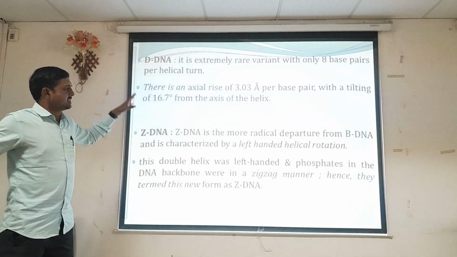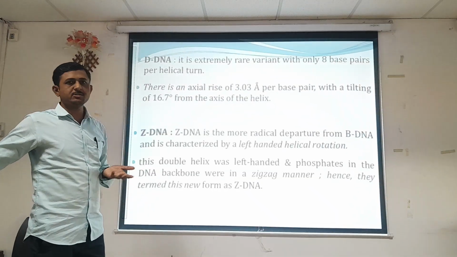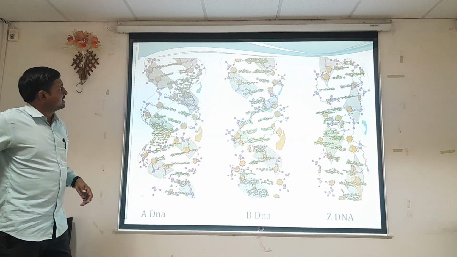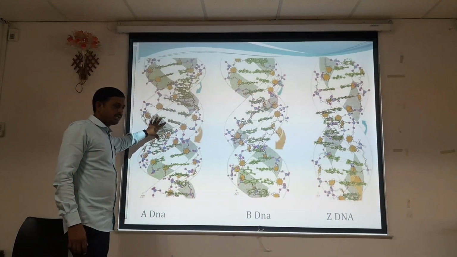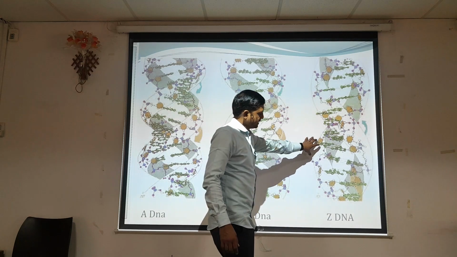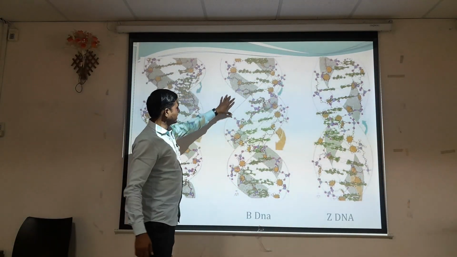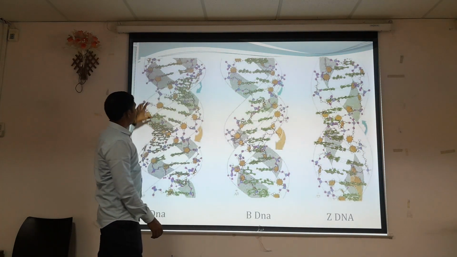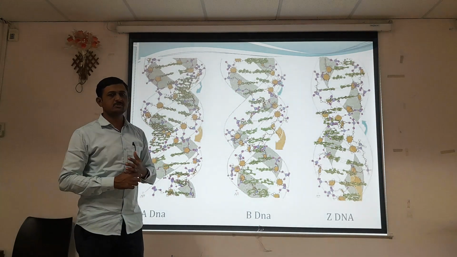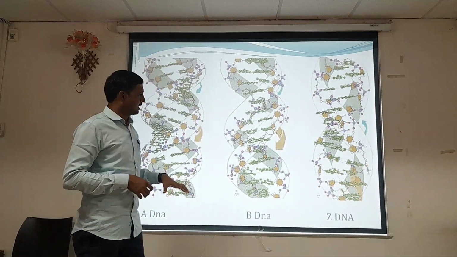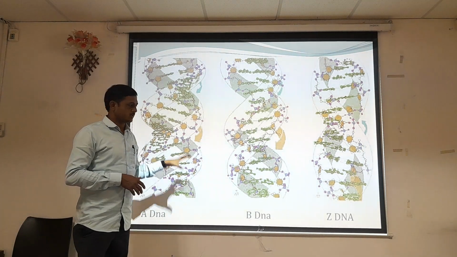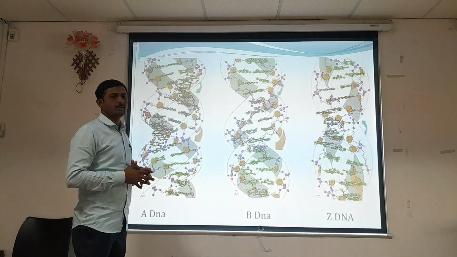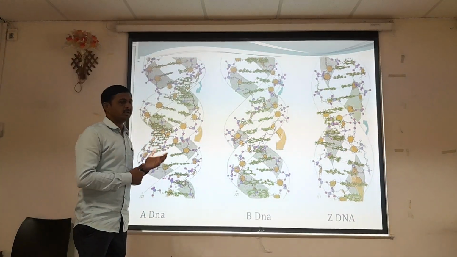So these are the basic properties of the different A, B, Z, C and D forms of DNA. In the diagram you can see the B form of DNA and the Z form of DNA. Normally the minor groove and major groove are the differences we can see here in the structure of DNA. On the basis of this orientation and the different base pairs present in a particular rotation or axial rotation, different forms can appear. So that's why on that basis we have discussed these different forms of DNA.